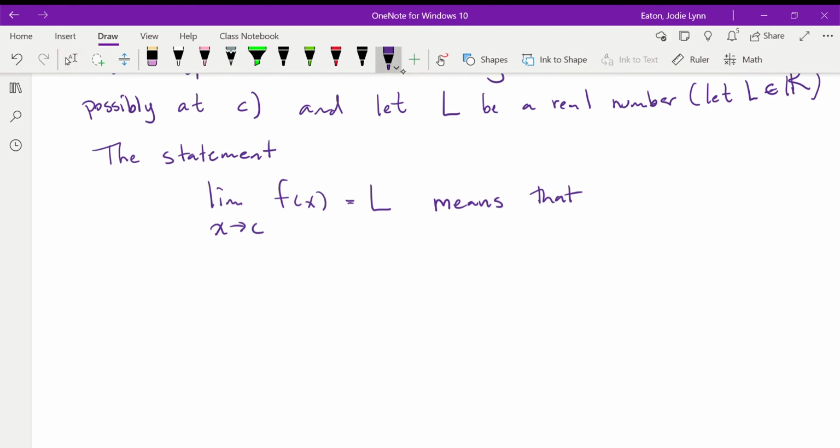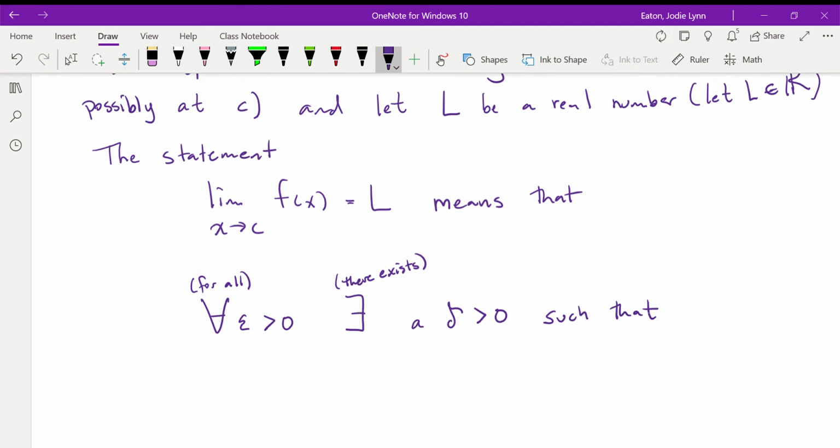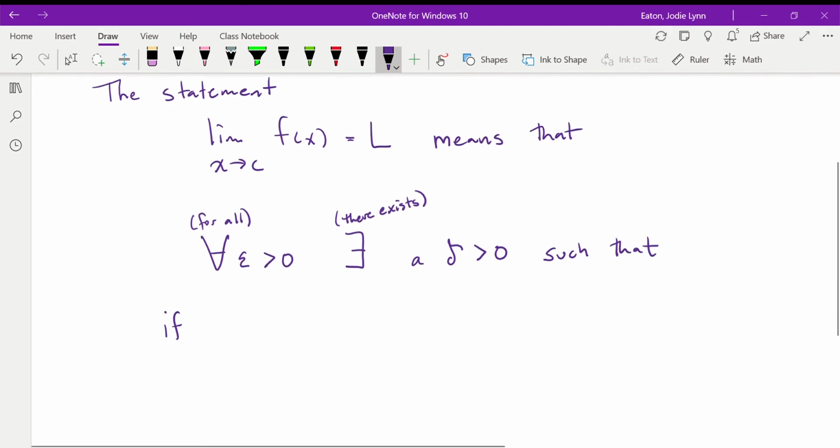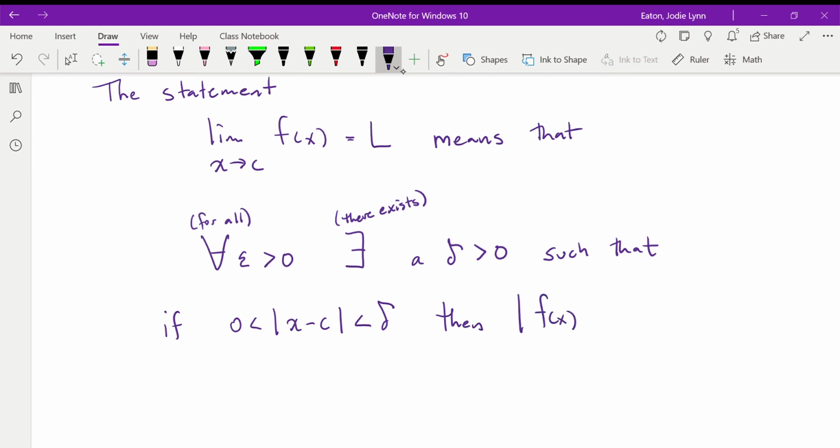So this means that for all epsilon greater than 0, so this is for all, remember this is a good symbol to know as your professors will use it without explaining it, there exists a delta greater than 0, such that if the distance between x and c is greater than 0 and less than delta, or the absolute value of x minus c is between 0 and delta, we are within delta of c, then the absolute value of f of x minus L